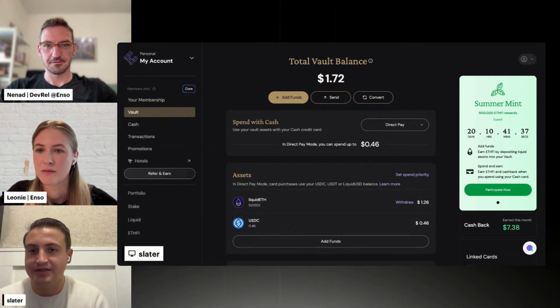There's almost no fees in the entire platform. No fees to get a metal card, no fees to do transactions. We cover all the gas. So it really does feel like it's just like a real life wallet that you have. And yeah, you're able to add your crypto to it and then just immediately access spending power in real life.